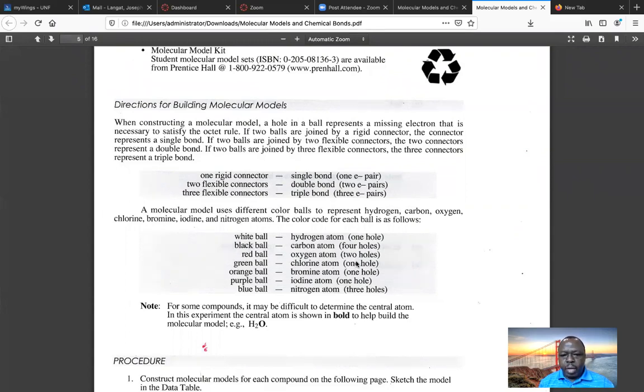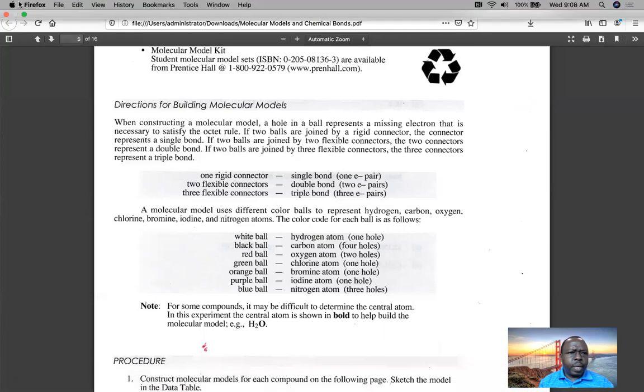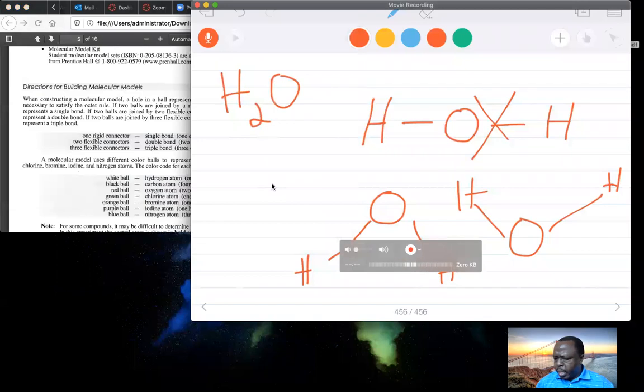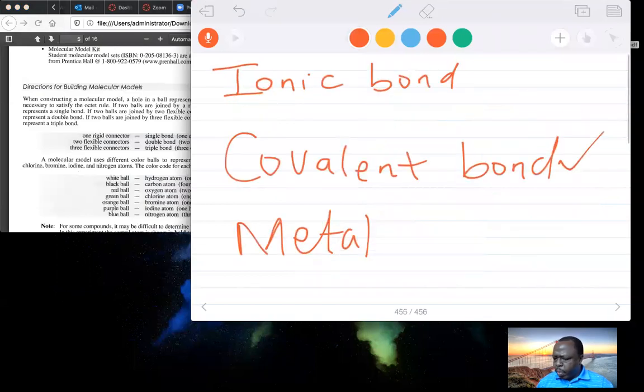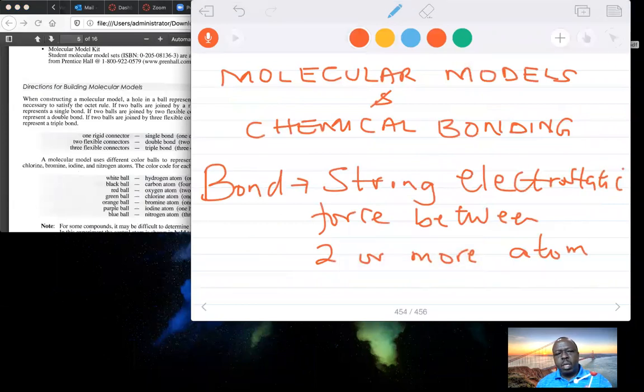And I know you can predict the number of valence electrons from the periodic table. So just to go back to my whiteboard right here, and bringing to your attention what we mean by molecular models here. It's just like a collection of spheres with holes representing the valence electrons, and we use that to make